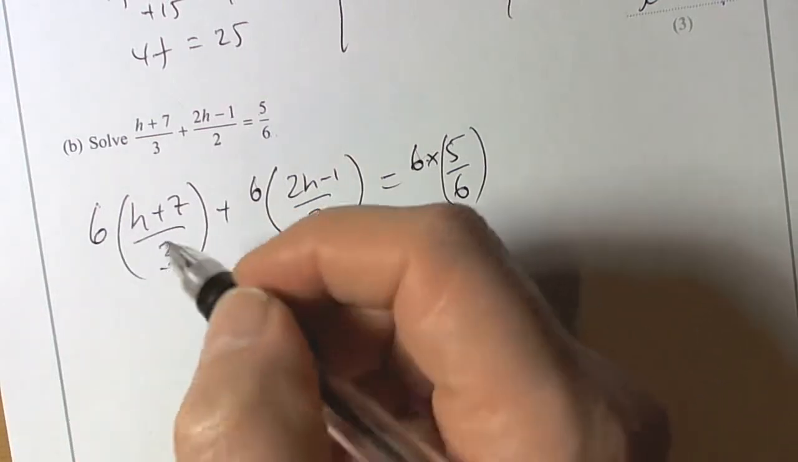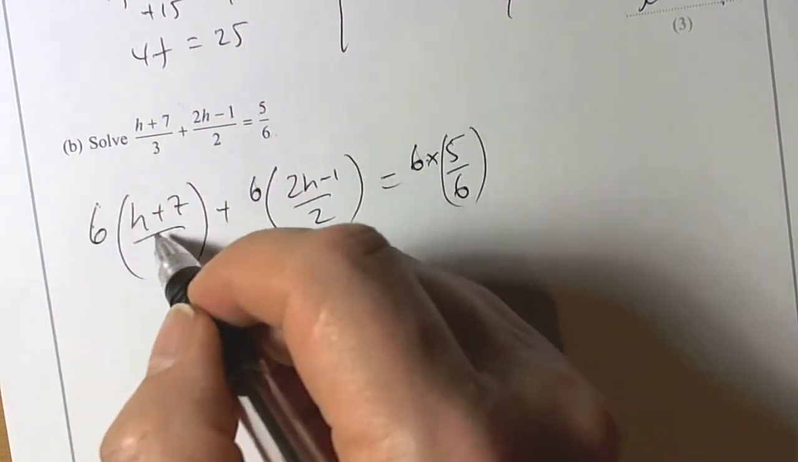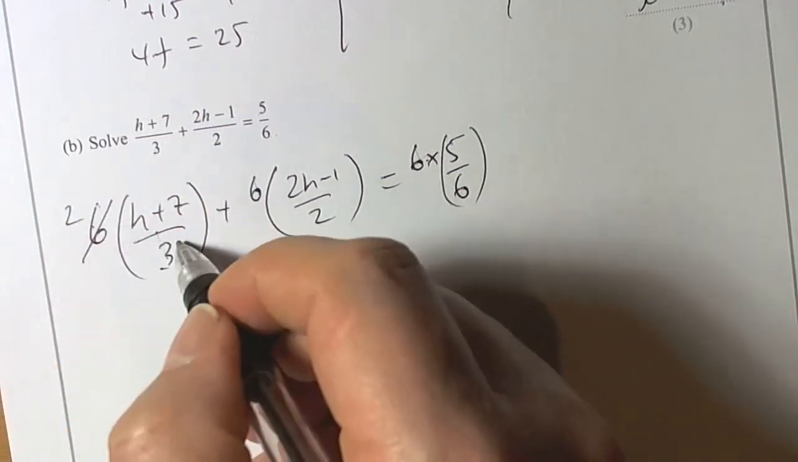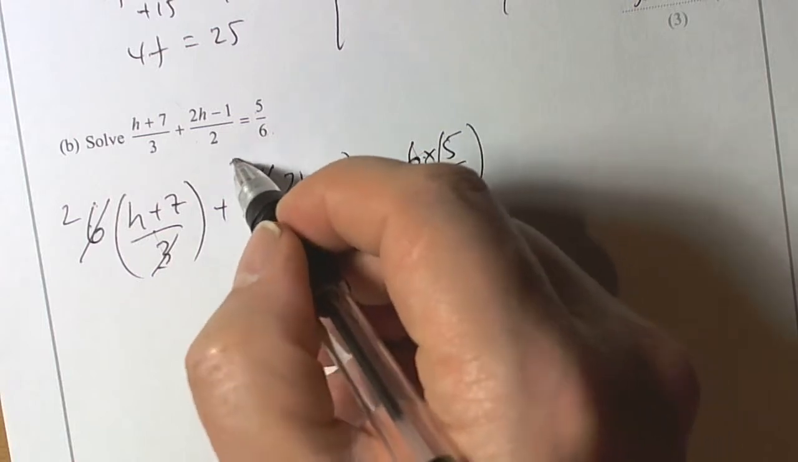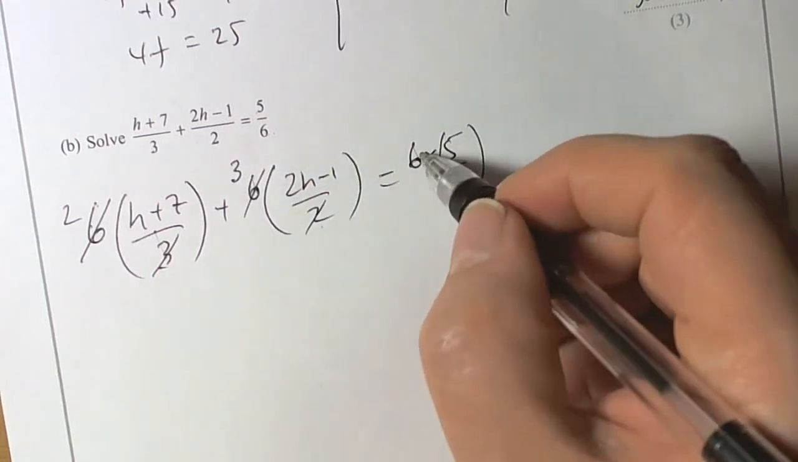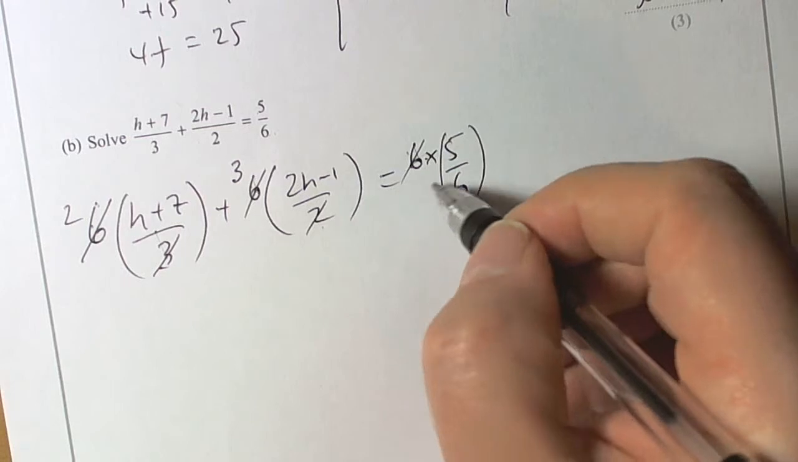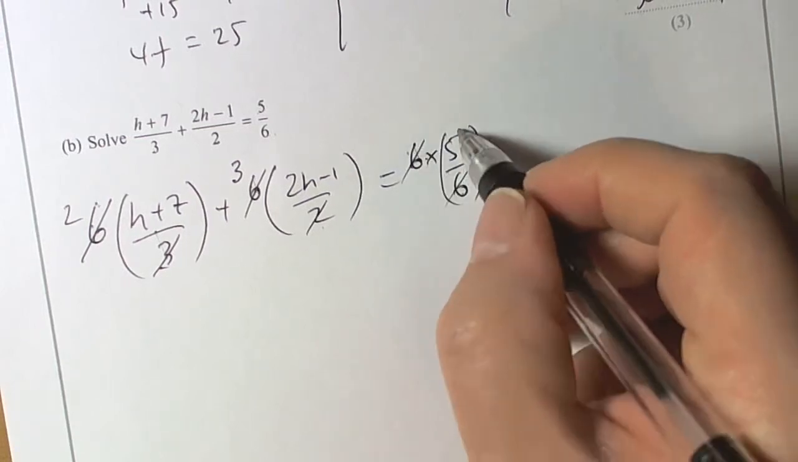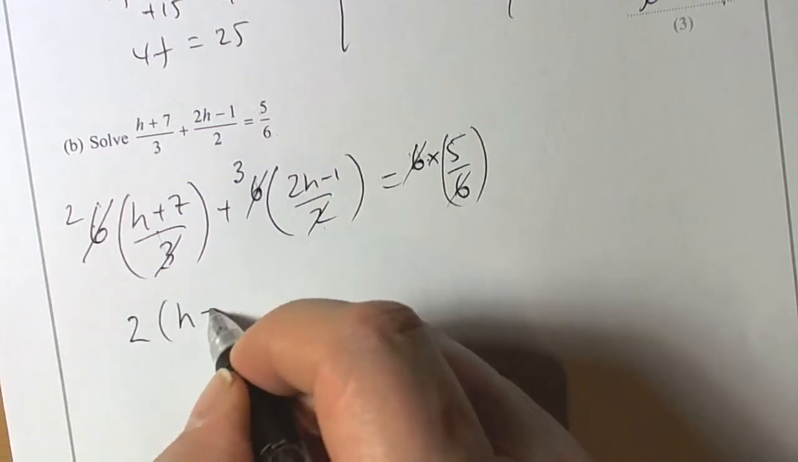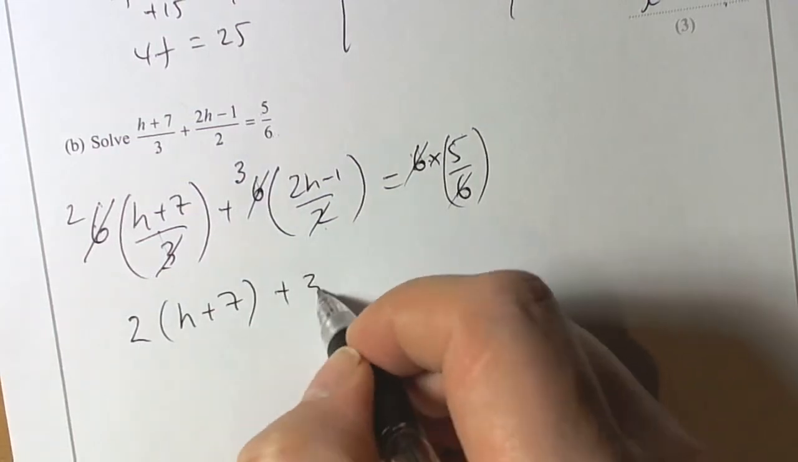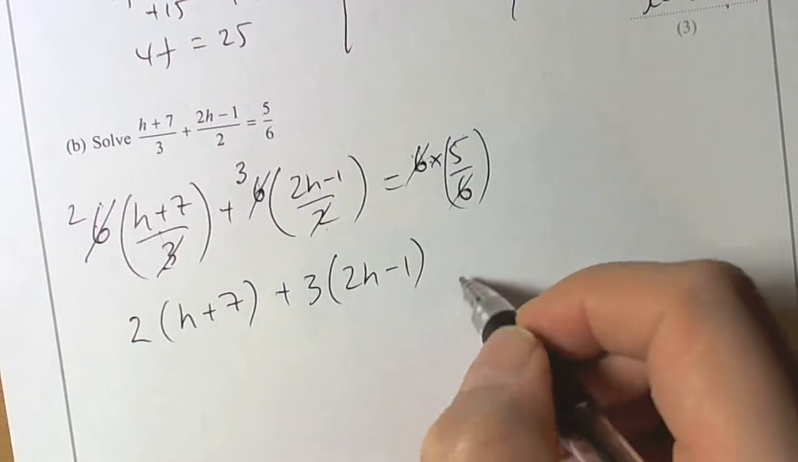This is what happens then. It's quite nice now because we've got 6 here divided by 3, so that's going to be 2. That's cancelled the 3 out. We've got 6 divided by 2 here, so that's cancelled the 2 out. And we've got 6 divided by 6, which has cancelled both those out because 6 divided by 6 is 1, so we're left with 5. So from doing this, we're left with 2 bracket h plus 7 plus 3 bracket 2h take away 1